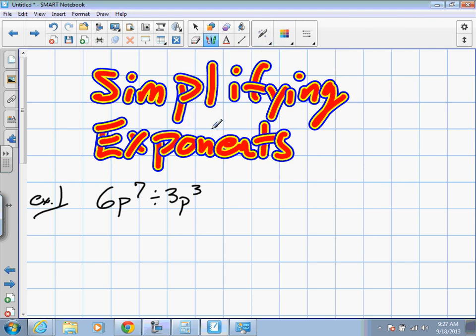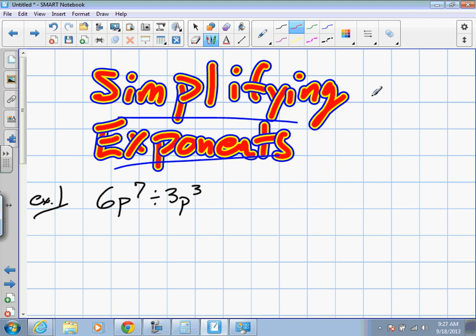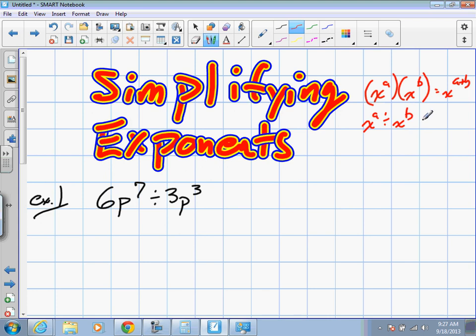Okay, we're going to be simplifying exponents with our exponent rules. And I'm going to just briefly write the exponent rules at the top corner here. Okay? We know that if we're multiplying two bases that are the same, we can just add the exponents. If we're dividing two bases that are the same, we can subtract the two exponents. And if we have a power of the power, we multiply the two exponents. Okay? So with that information,